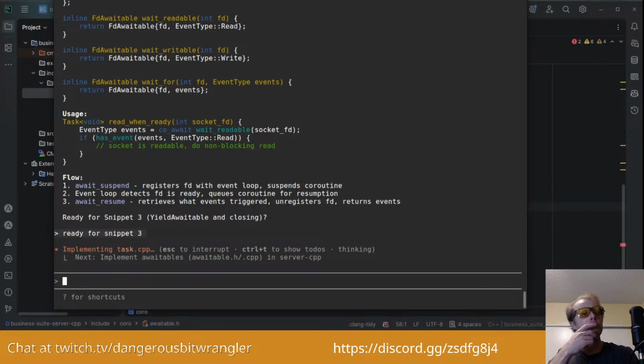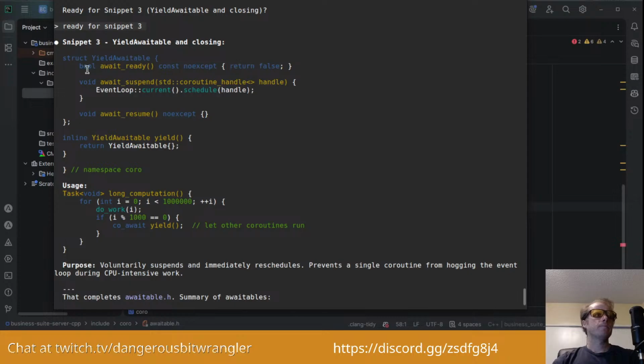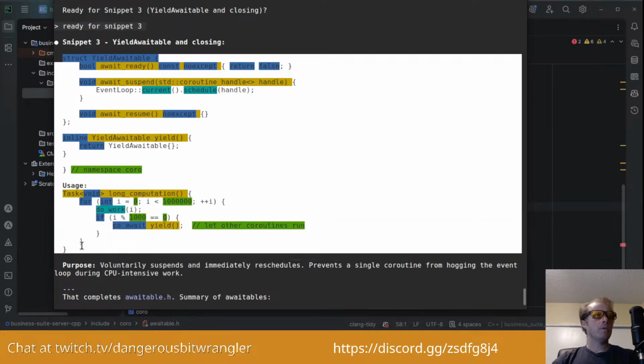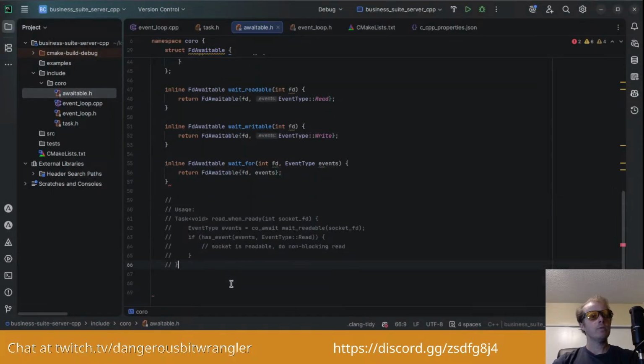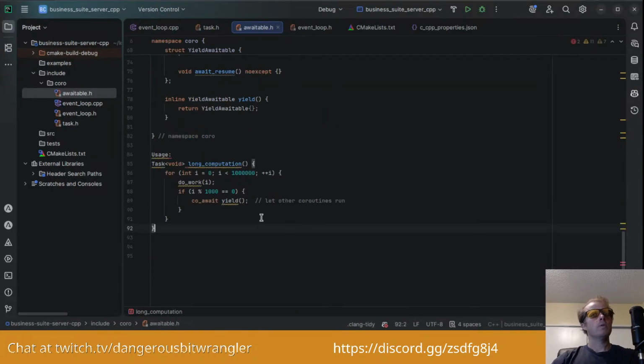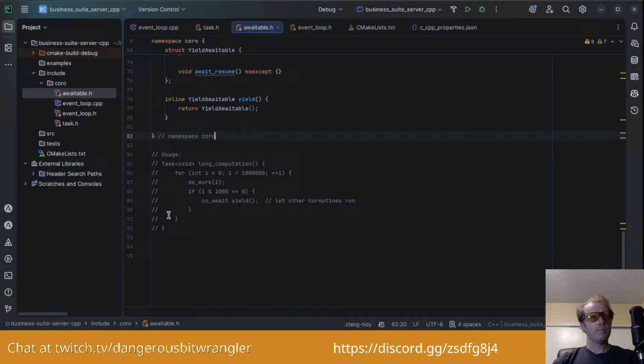Why it only returns in await resume, it's going to get rid of the file descriptor and then return the events. But we're going to hopefully figure that out. Alright, moving on.